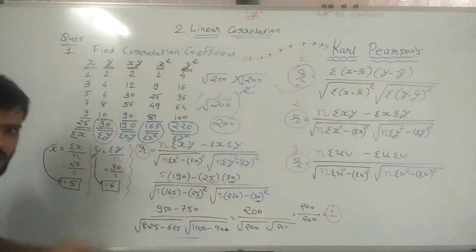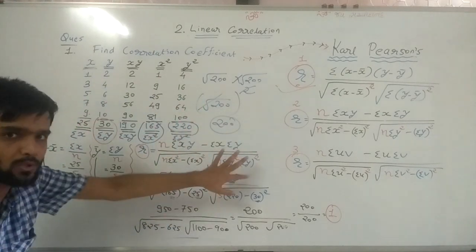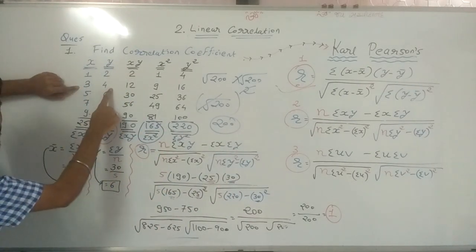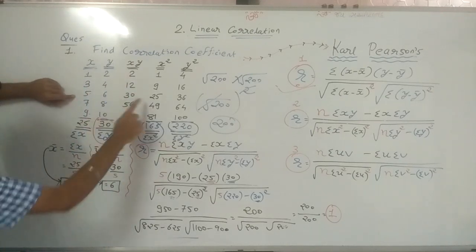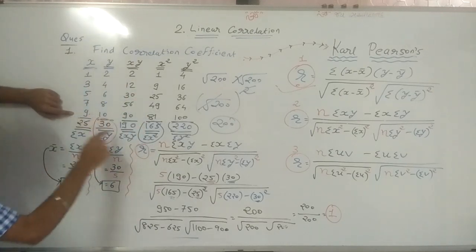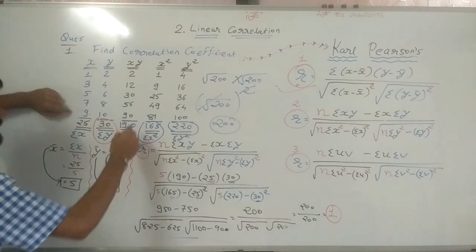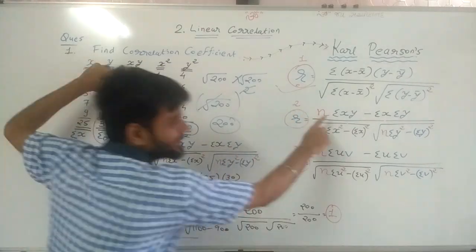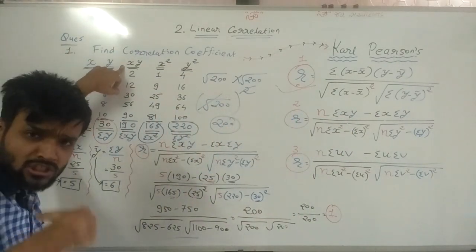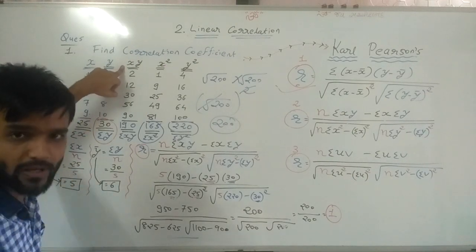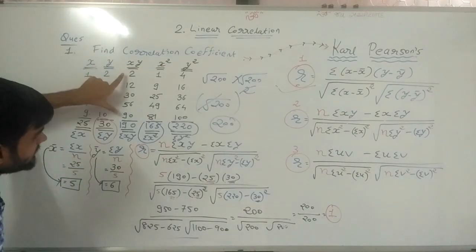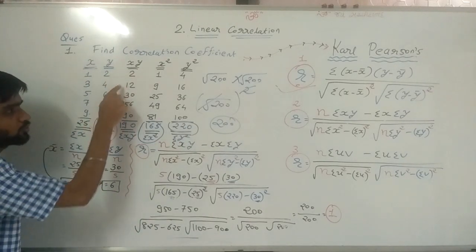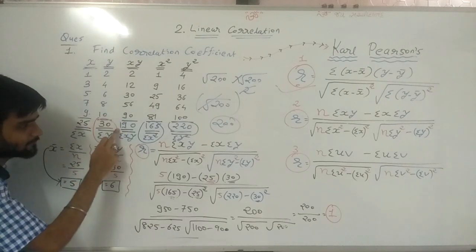The remaining columns we are preparing now by observing the formula. First of all, x into y. 3 into 4, 4 3s are 12. 5 6s are 30. 7 8s are 56. 9 10s are 90. This is the column of xy. Now what do we actually need? Sigma xy, the total of xy, the multiplication values of xy. Now we are making the total of these 5 values, which is 190.